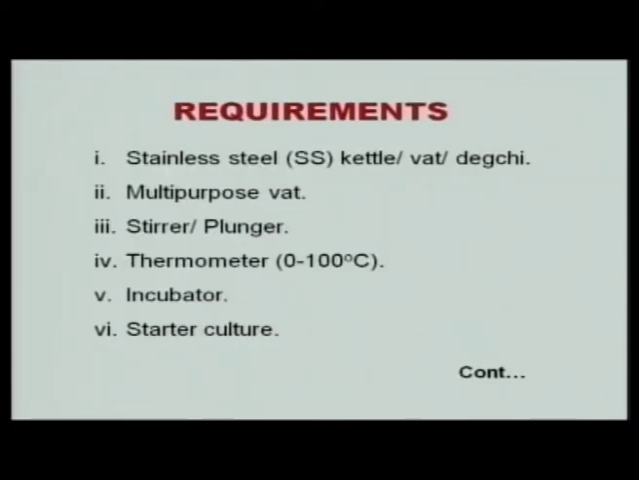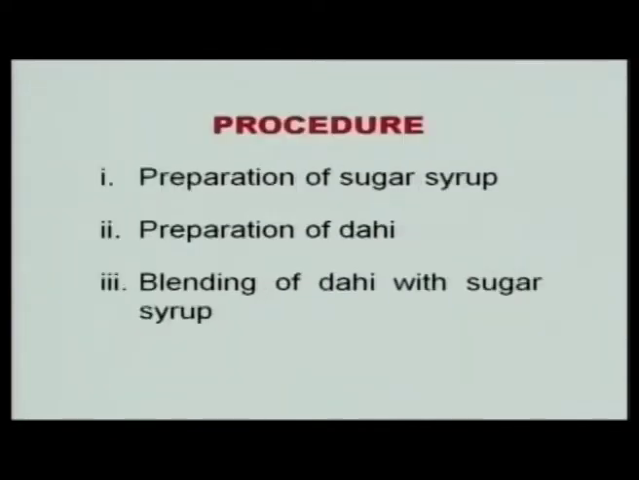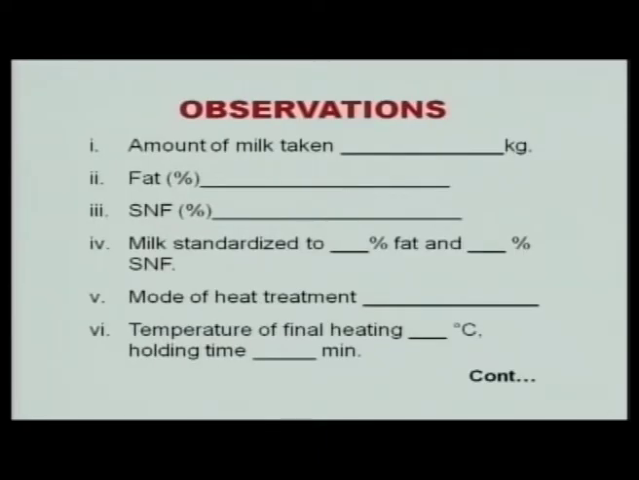The requirements are the same as before: stainless steel multipurpose vat, stirrer, thermometer, incubator and starter culture. Besides this, we also need the sugar and flavor, packaging material and packaging system. These are the requirements. Now, the procedure is we have to prepare the sugar syrup, prepare the dahi, and blend dahi and sugar properly. Observations which we have to take: the amount of milk taken, fat percentage, SNF